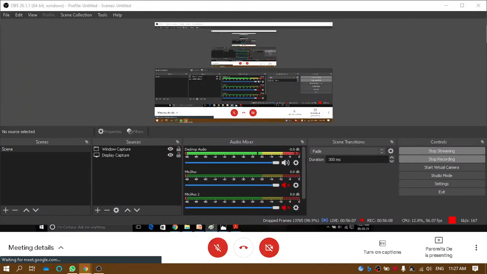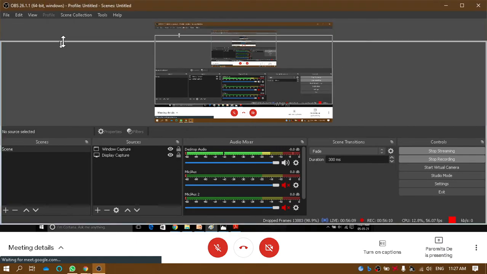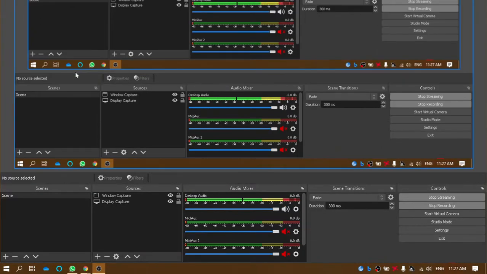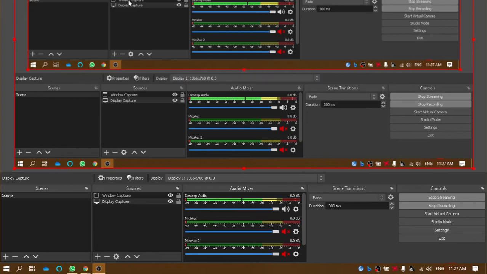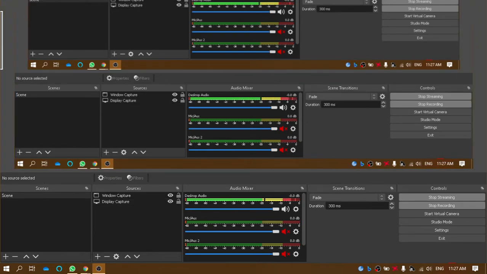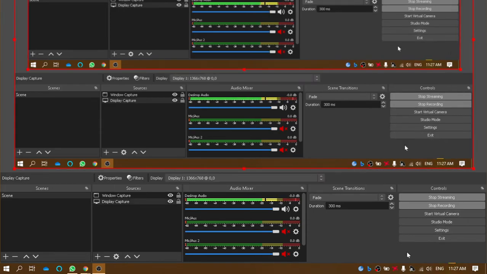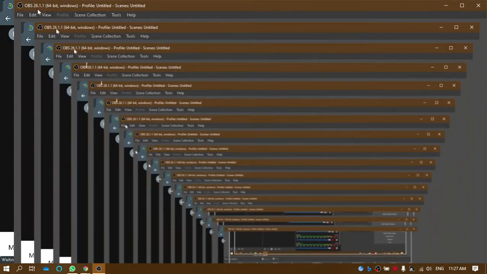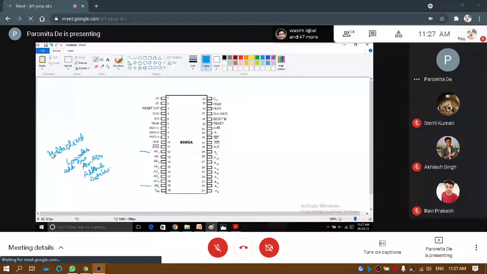When the microprocessor is just sending the address, then it needs to change to sending the data. So AD0 to AD7 in the first instance was an address bus, and in the second instance it will become a data bus. So these are multiplexed. Address and data buses are multiplexed here.